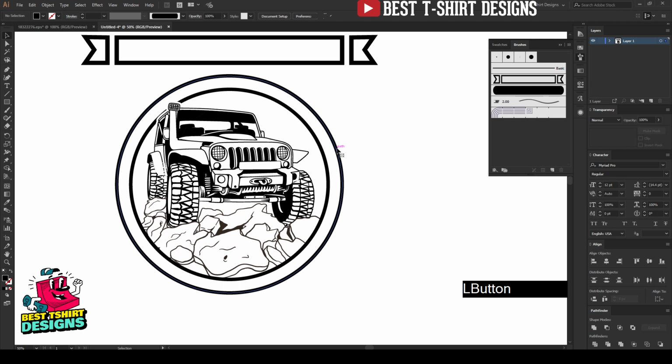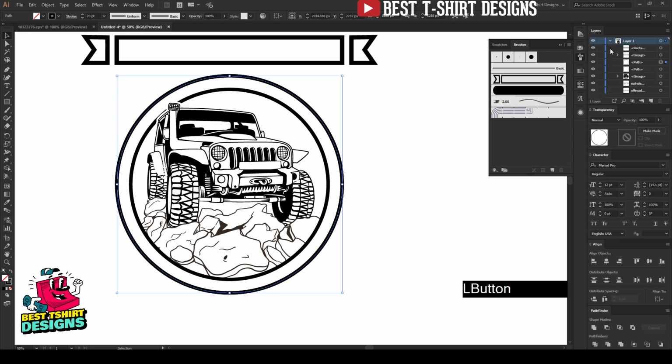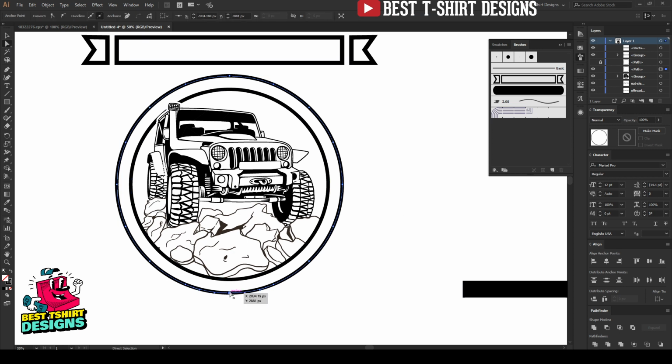Now I want to use this ellipse, so let's Ctrl C to copy, then Ctrl F to paste in front. Now I have two ellipses in the same position. You can see this is that one, this is the one below. So let's keep it locked here, or maybe turn it off. I will use that later. And for this one, let's again press Ctrl C to copy. I have a copy of it right now. Let's take my direct selection tool, so that I can select this part and then delete. So it is going to delete from here.